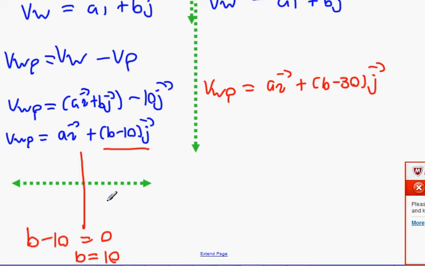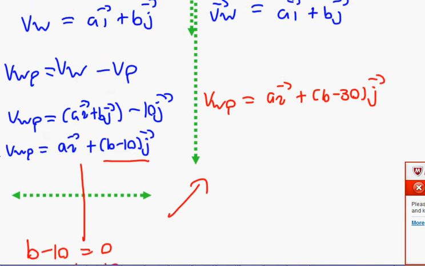Okay? Now, what we're going to get next is B equals 10. Okay? And now we have to figure out what exactly happens in the next part. Okay, so B equals 10. Now, in the next part,